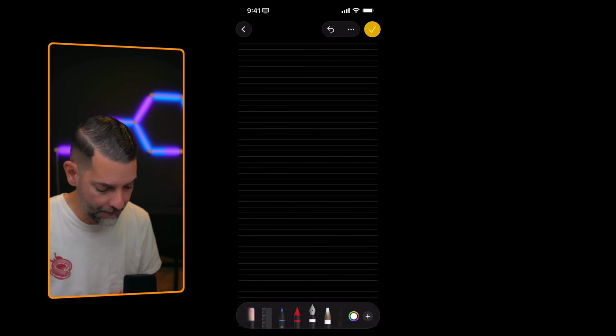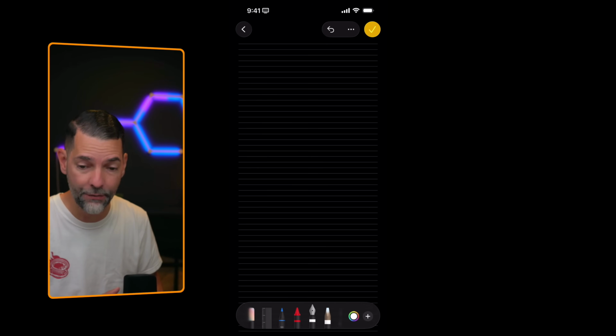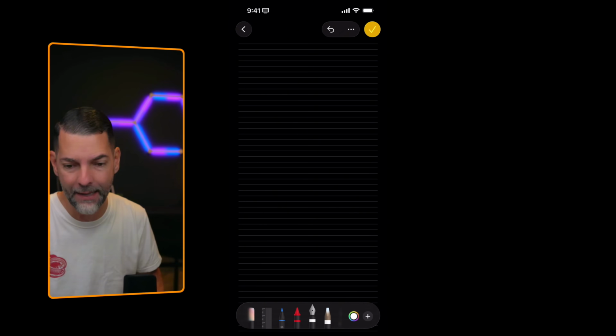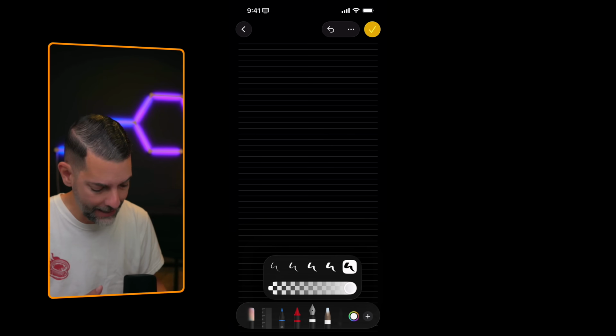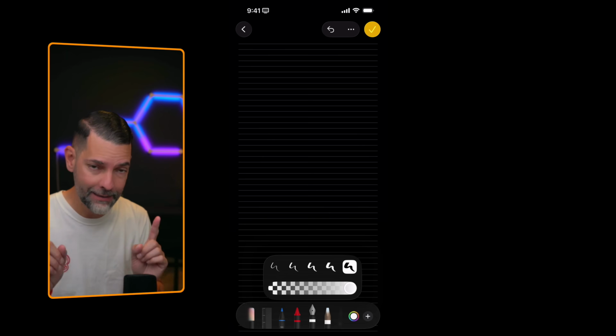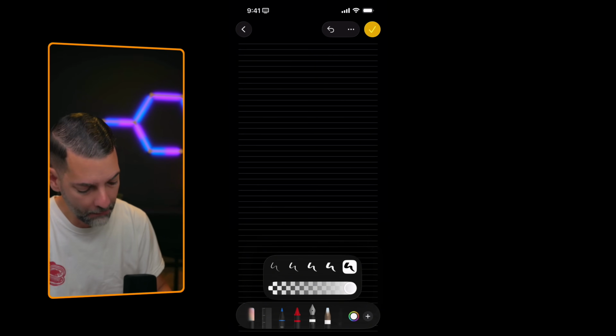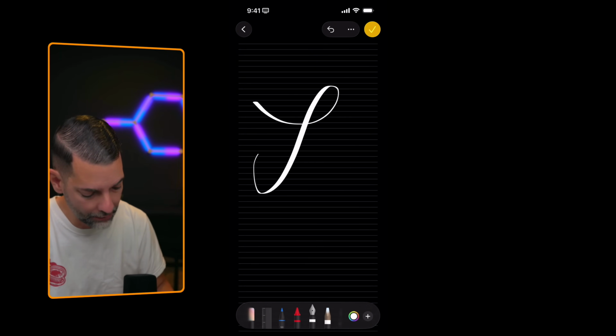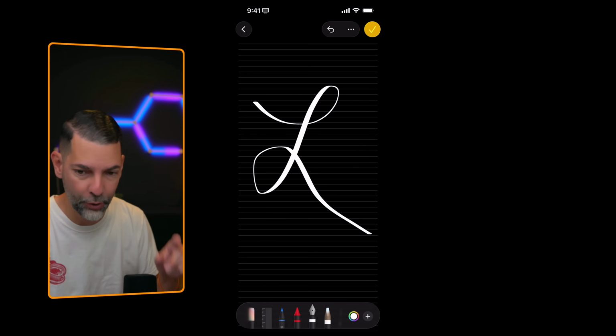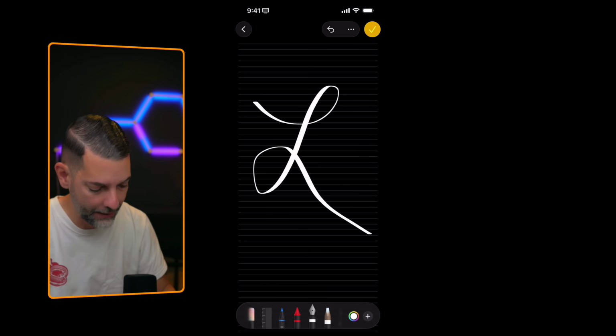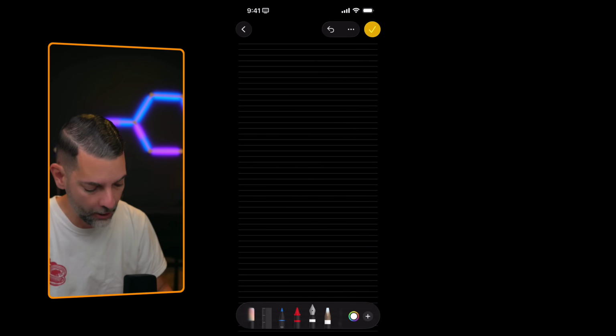We have a calligraphy pen. If I long press on my calligraphy pen or reed pen there, you'll notice that I'll get my thickness and I'll get my intensity. Now, I cannot draw to save my life, but as I draw here, I'll draw just a simple letter. You can start to see, especially if you are a calligraphy artist, that new